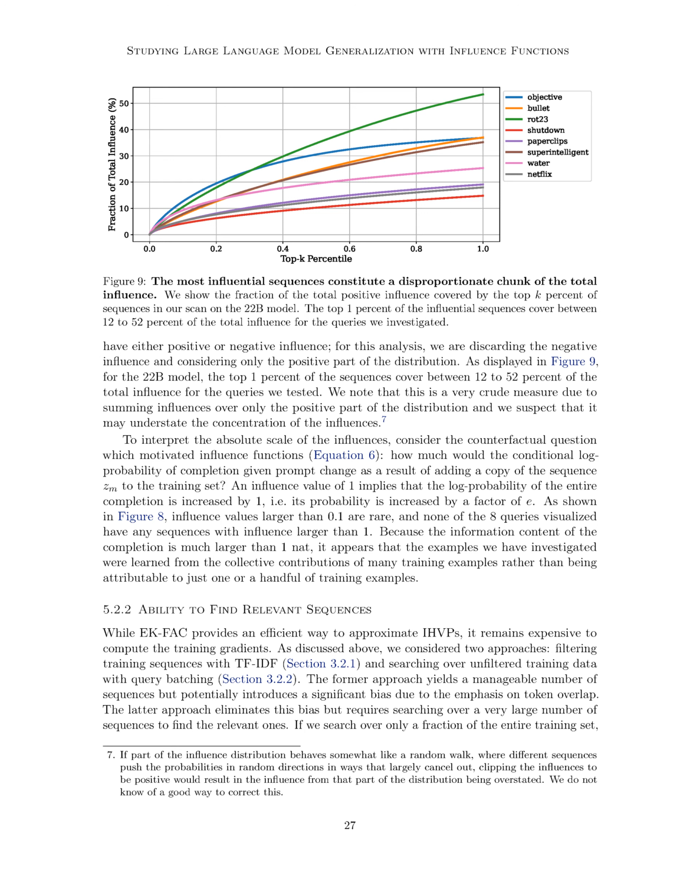Section summary. The authors conducted quantitative analyses to understand the concentration and sparsity of influences in their model's outputs. They found that the influence distribution follows a power law, indicating that a small number of training sequences have a significant impact. The top 1% of sequences cover between 12 to 52% of the total influence, suggesting that the influences are highly concentrated. Additionally, the influence values are generally small, indicating that the model's outputs are learned from the collective contributions of many training examples rather than being attributed to a few specific examples.